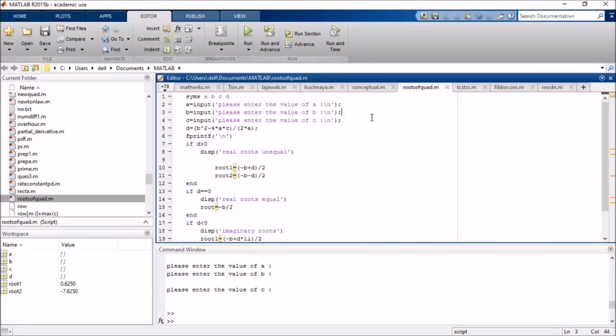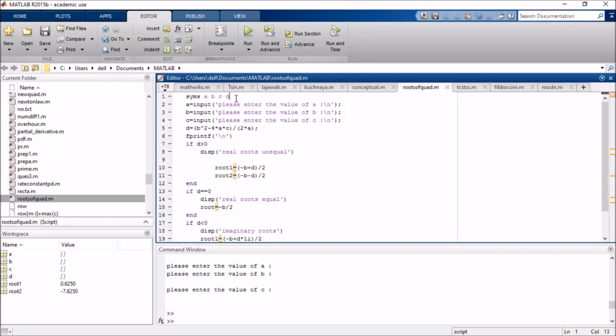Now before going to the actual quadratic equation, let me tell you something. Firstly, we will make a, b, c symbolic variables. It is not necessary to make a, b, c, d symbolic variables, but I suppose it is better, because symbolic variables are those which do not have any numerical value at the time of execution of the program.